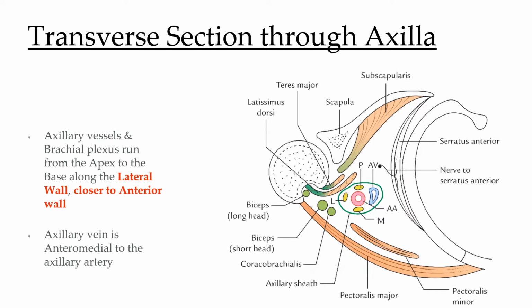This is the schematic representation of the transverse section of axilla. Here you can see that this is the cut section of the humerus. This is the posterior end of the rib where we have head, neck and tubercle of the rib. This is shaft of the rib. This is costal cartilage. This is the cut section of the scapula, and hence this is the medial side. This is the lateral side. This is the posterior side having scapula, and this is the anterior side.